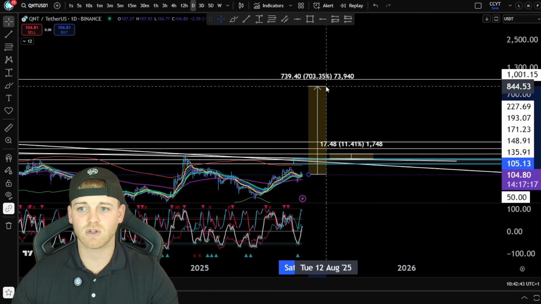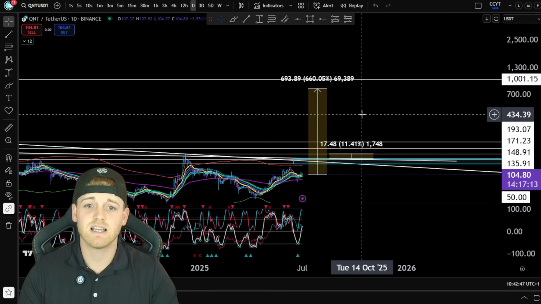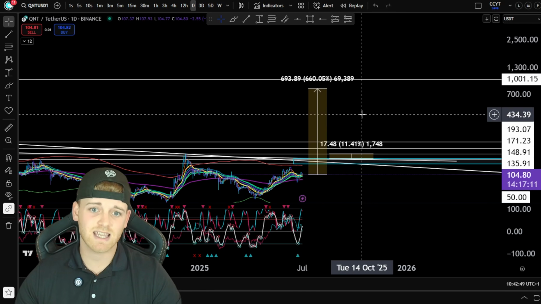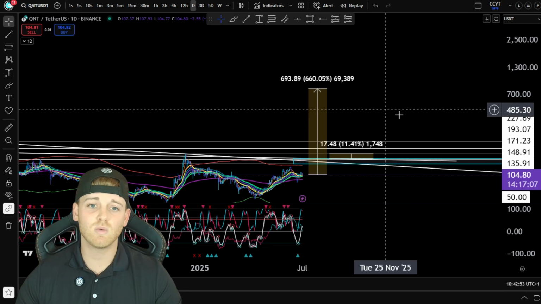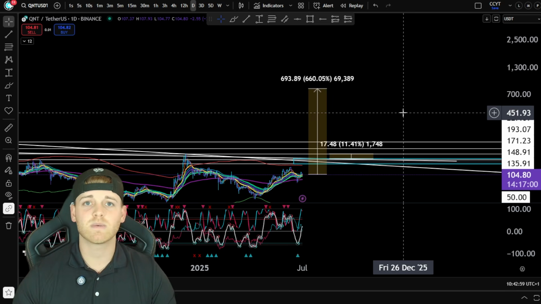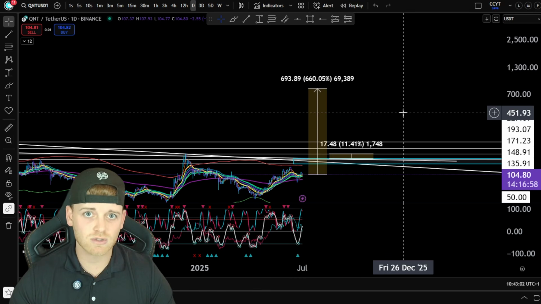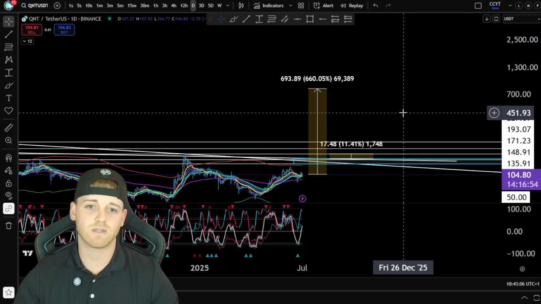Now, $800 a coin, and this is obviously a 1 to 3 year hold, guys, would be a 660% gain on your investment. That is absolutely huge. That's a 7.6x on your investment, guys. If you were to put in, say, $10,000, you're walking away with $76,000. Okay, so unbelievable stuff, and this is why we're investing in crypto.